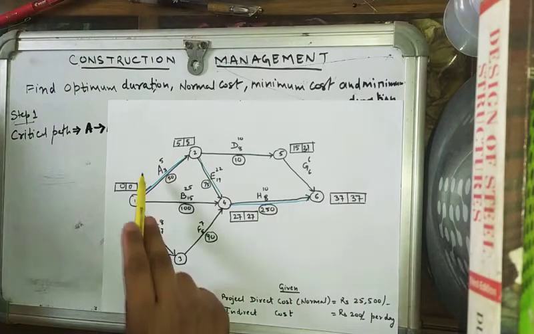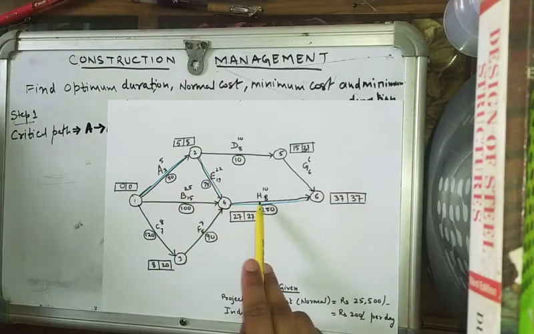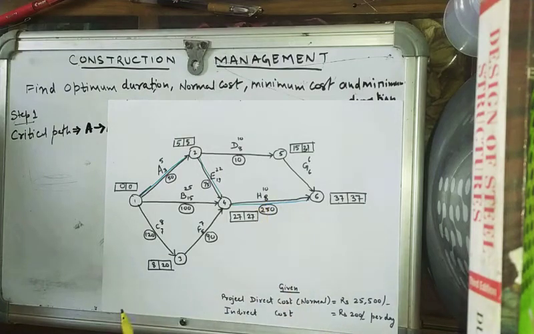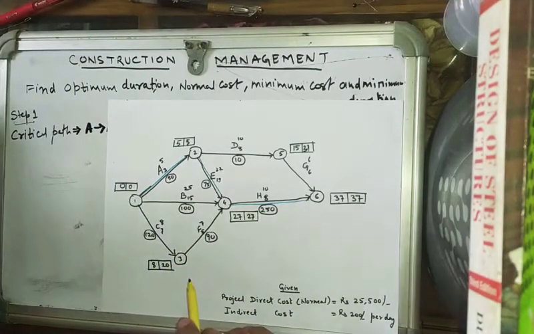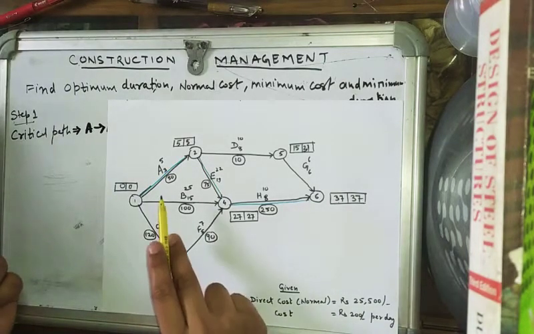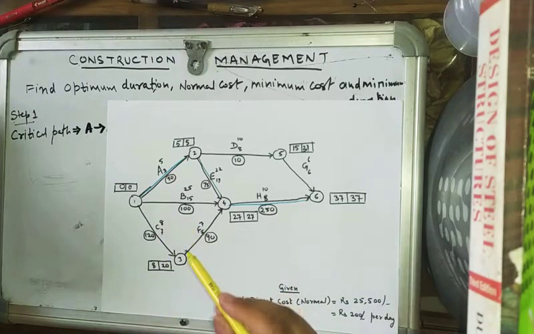And we know that we can reduce the time of A by 2 days, the time of E by 3 days, and the time of H by 2 days at the max. So now we have got three activities, A, E and H. If we have to decide which activity to crash first,